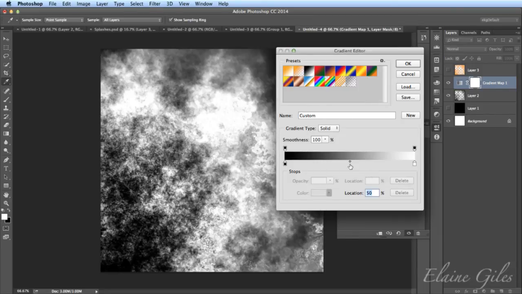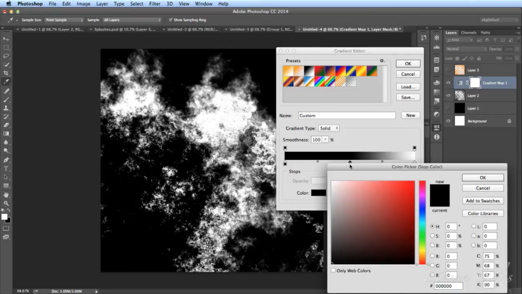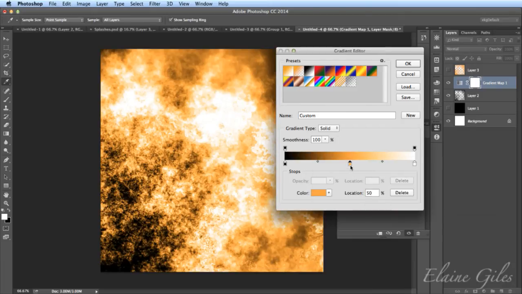But I'm going to add some extra points to this gradient, and this is how you add extra points to a gradient. Click just below the gradient path and then go and choose a colour. So I want an orangey colour here, quite a bright orangey colour, and that's put that in the middle. But I also want two more. So at the moment, that's an improvement. As it stands, that is an improvement over what we had, but we're going to make it even better.